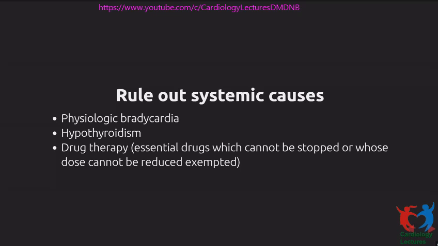So patients might already be on beta blockers, and if you see that, and if the drug is not essential, you can stop it. Rarely there may be a situation where the drug cannot be stopped. A patient may, say, have coronary artery disease which cannot be revascularized and requires a significant dose of beta blockers to control his angina. If you think you cannot stop the drug and the patient has significant bradycardia, you might consider pacing.